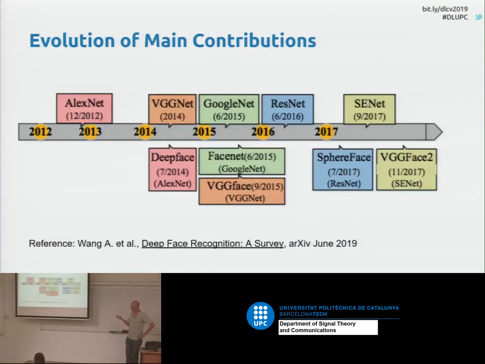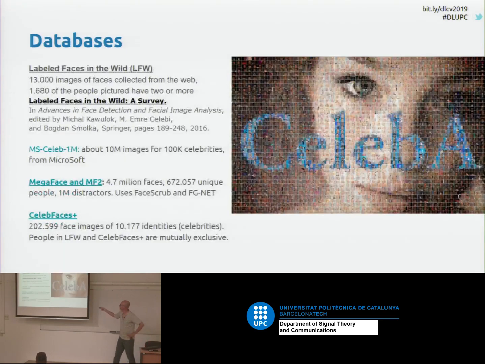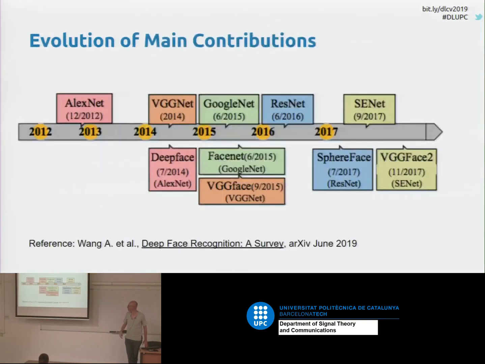Okay. Sorry, I wanted to also show you there are other databases that are for testing. For instance, the Labeled Faces in the Wild, or evolutions of that. Okay, so there are commonly used face databases where people test the systems. Also MegaFace and MS-Celeb-1M contain testing splits for creating competitions and so on.